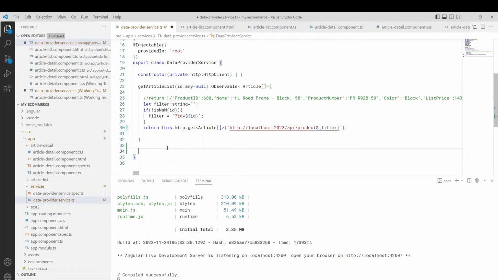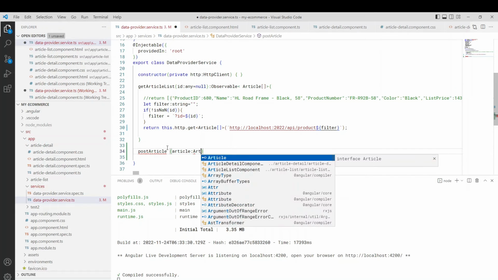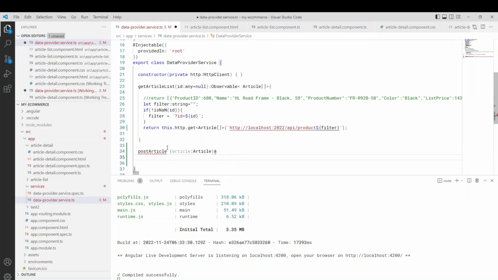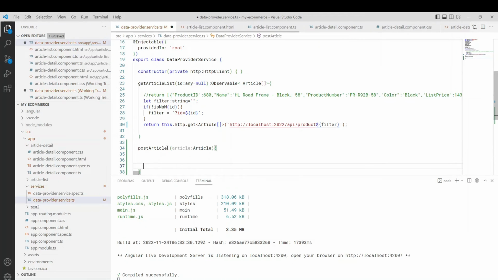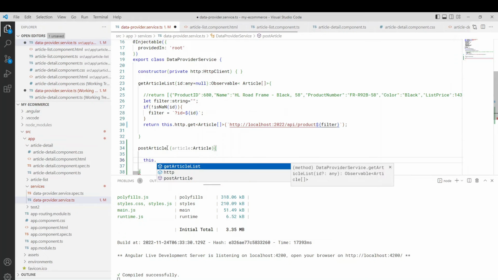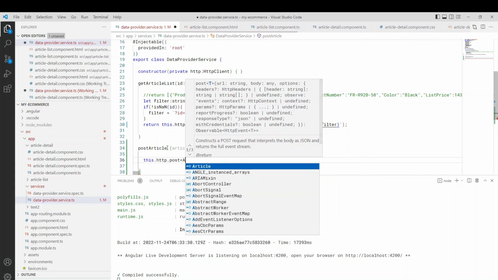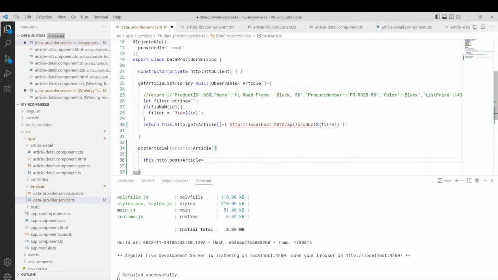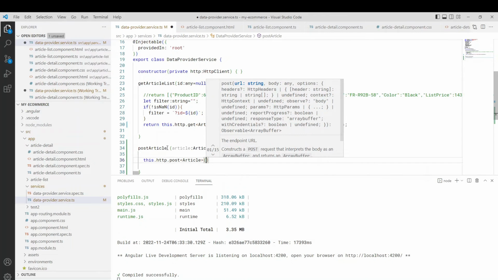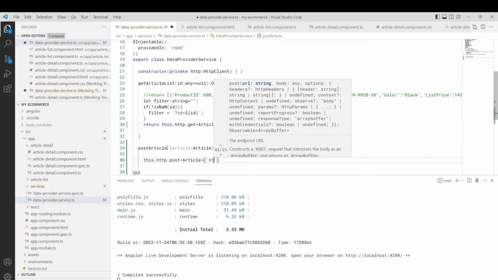So in dataprovider.service.js, add a method postArticle, type this.http.post. Article expected an article in the body request, endpoint http